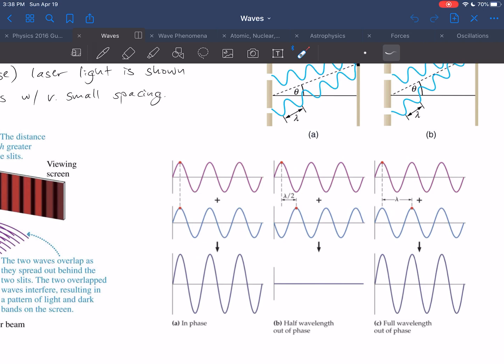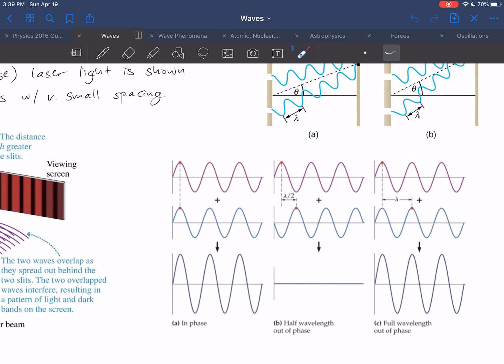So if two waves, take a look at the top purple wave and that bottom blue wave, start at the same point at the same time, and they have the same wavelength, so they're in phase, then they will add up and you will get constructive interference. If one of those waves, however, is slightly offset, perhaps by exactly half a wavelength, then, as you can see in these two waves here, if the purple wave is at a peak, then the blue wave is at a trough, and so if they superimpose and are in the same place at the same time, they're half a wavelength out of phase, and you get perfect